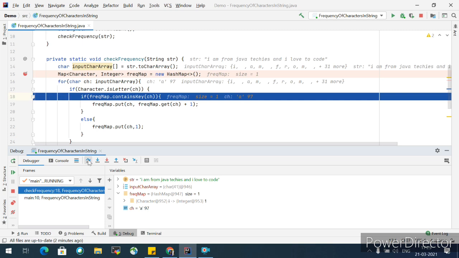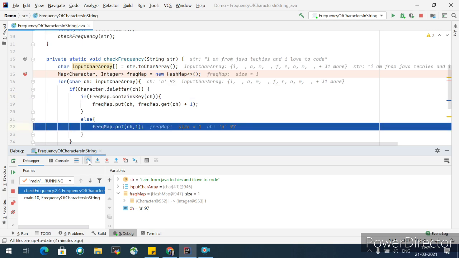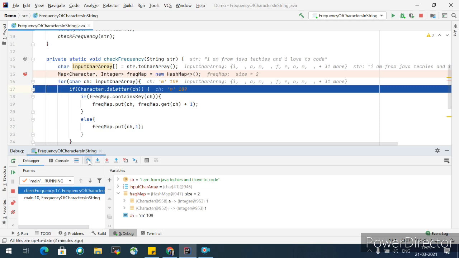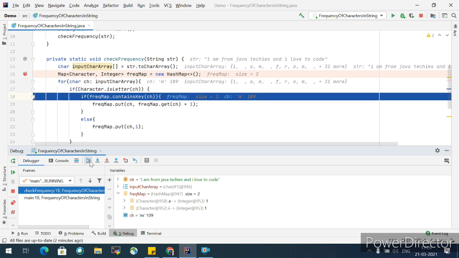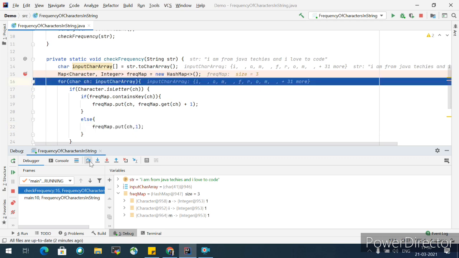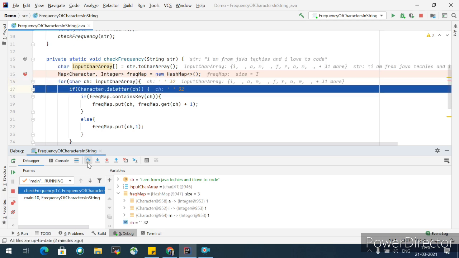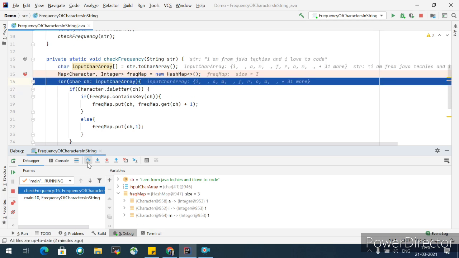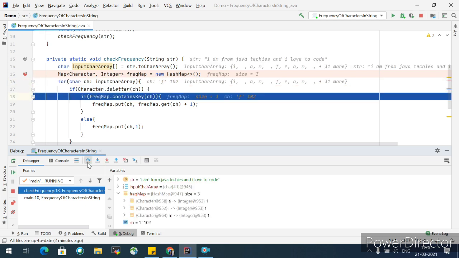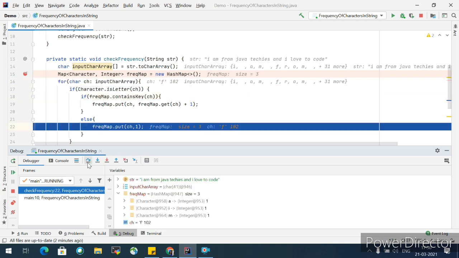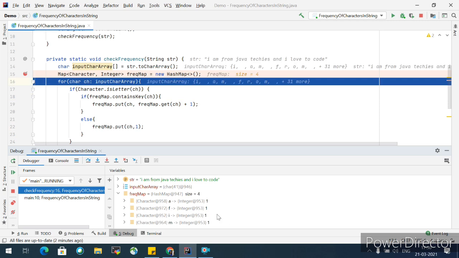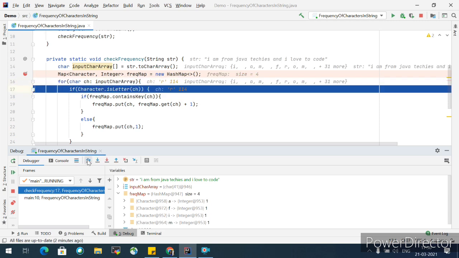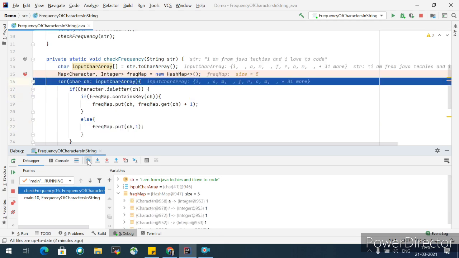Now the next one is A. You can see again it landed in the else block because A was not in my map initially. A is updated to be 1 over here. Now let's go to the next one. Next one is M. Again it will be updated. You can see here in the map it is getting reflected. And now it's again a space that will be ignored. Then I go to another one. It's F, and it also got updated with initial count as 1. Let's move forward. R is also getting updated.